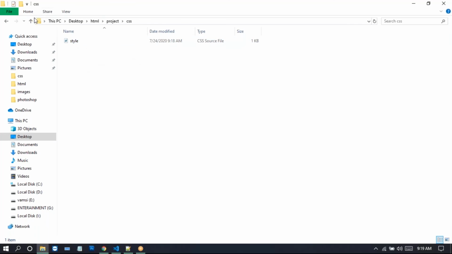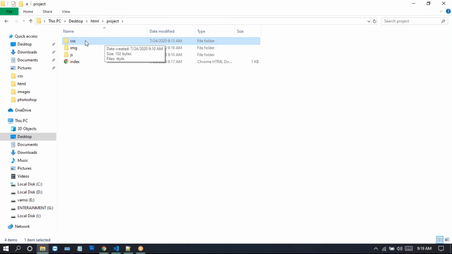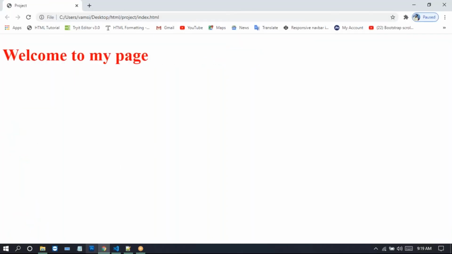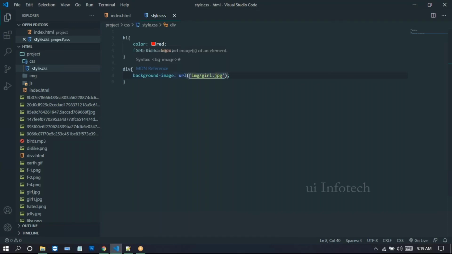We can access this image through the CSS folder, that is the style.css. The style.css comes out of the CSS folder, enters the image folder and accesses this image, and after that it will take the index file.